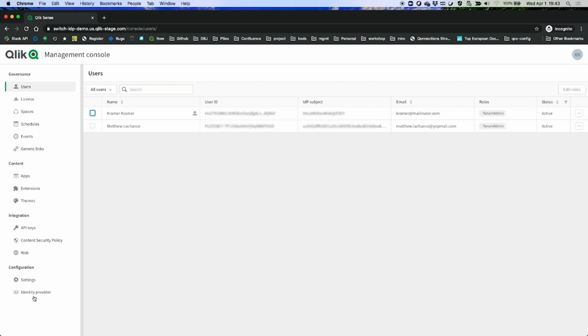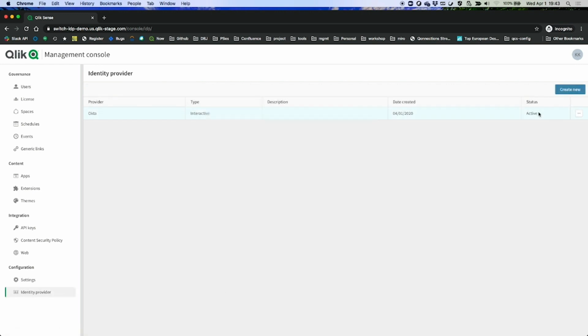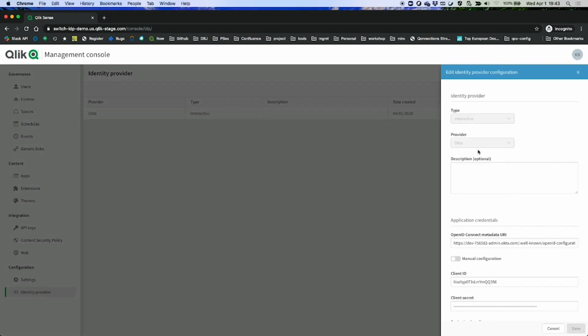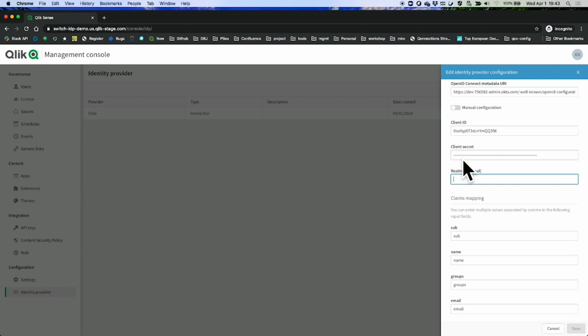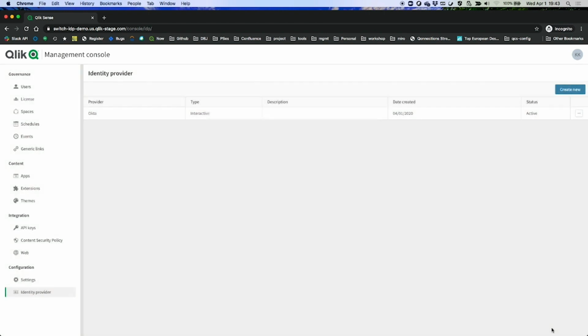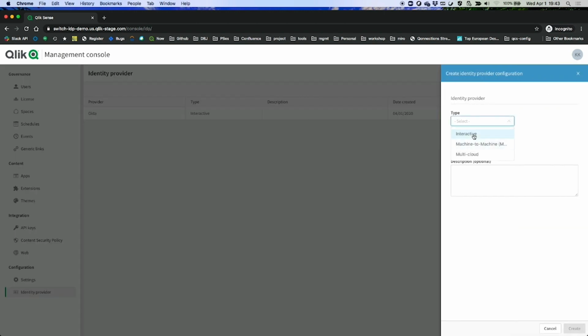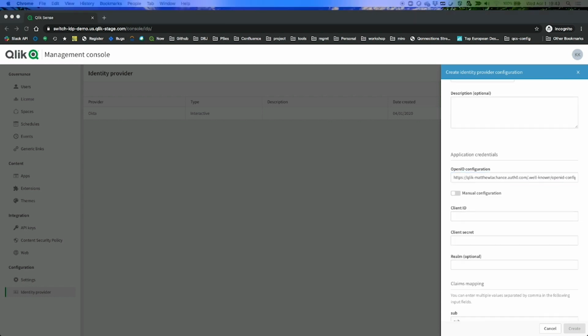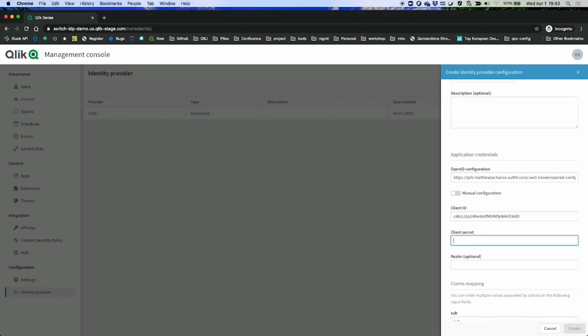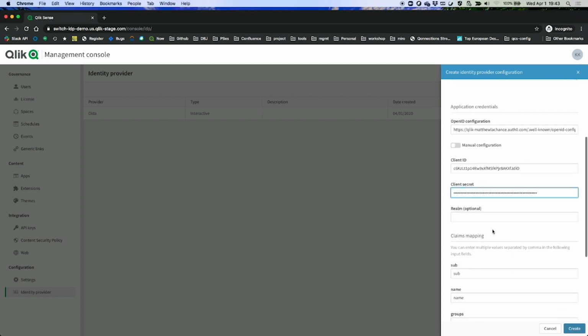Each IDP has an Actions menu under the three dots. We used this before to activate the IDP. There is also the option to edit the IDP credentials and claims mappings. Now we can demonstrate changing to a different third-party IDP, for example, Okta to Auth0. First, we create the Auth0 configuration. We'll add a realm value of Kramer Auth to differentiate it from the ClickAccount configuration, which is also through Auth0.